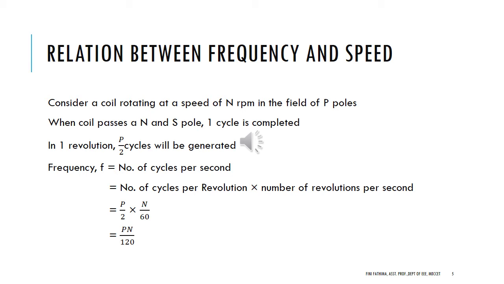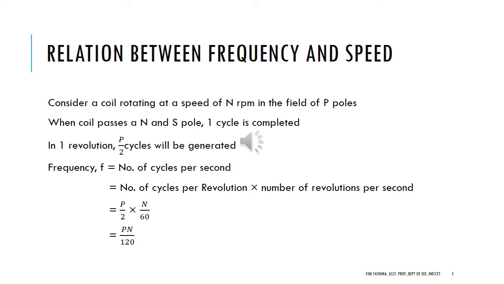Number of cycles per revolution into number of revolutions per second is the number of cycles per second. So number of cycles per revolution is P by 2 and number of revolutions is N by 60, since it is converted to seconds. So we will get PN by 120. Usually we remember it with the equation f is equal to PN by 120,